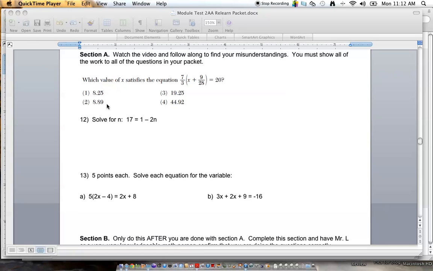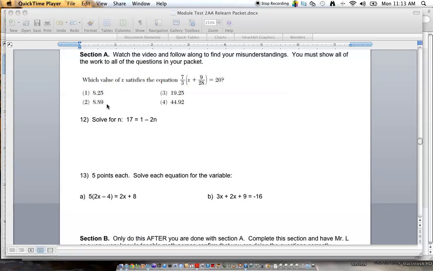As always, you do section A first. Don't sit there and just watch me do it. Then I'm going to go through it. Let's see how you do. Then when we're all done with section A, you're satisfied you know what you're doing, try section B. Do not do section C at all until you show me section B. So let's get going on these particular questions and make sure that we have an excellent, strong understanding of how